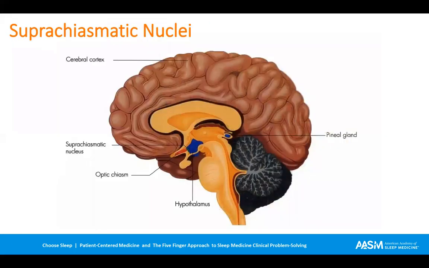Right behind your eyes, just above the optic chiasm, within the hypothalamus, there's a remarkable paired set of neurons called the suprachiasmatic nuclei. These tiny areas of the brain contain a remarkable and elegant molecular clock, which is the source of your body's ability to generate rhythms of activity of various organ systems, allowing you to adapt to a world that has a predictable light-dark cycle.